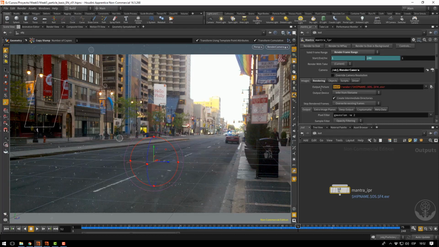The output is a $HIP where you save your file. It will create a render folder, and the sequence will be named with your shot name, your scene name, $OS, it will get your mantra node name and frame with 4 digits padded, and EXR format. That's okay. If you are good and glad with this,